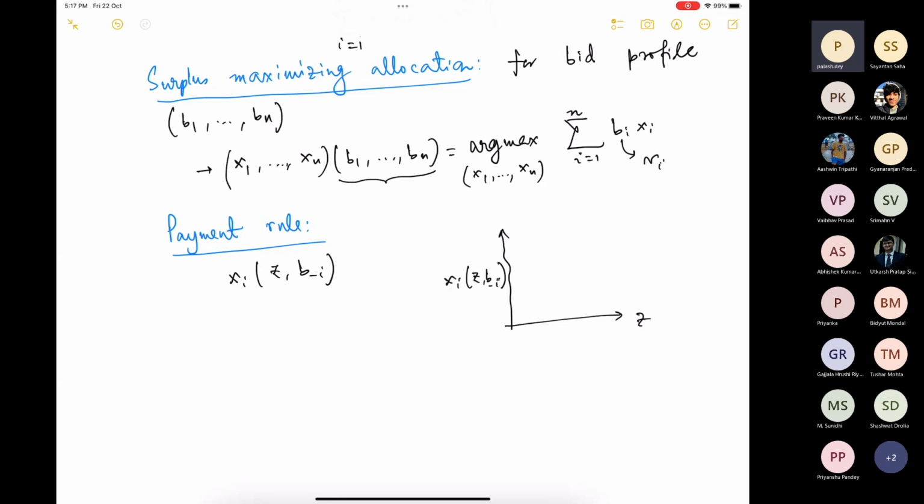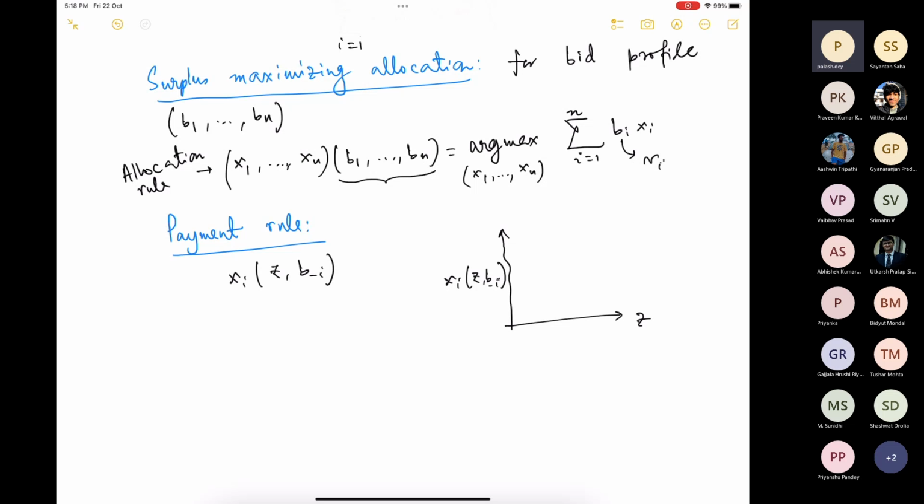So at the end, when our mechanism will be DSIC, their bids will be vi, and indeed the allocation rule that will be picked will be the allocation rule x1 to xn which maximizes summation vi xi. So we are writing this as the general allocation rule, which is a function of bids. But when we apply DSIC, it will become vi. Exactly. Okay. So for defining an auction, we need to define an allocation rule and a payment rule.